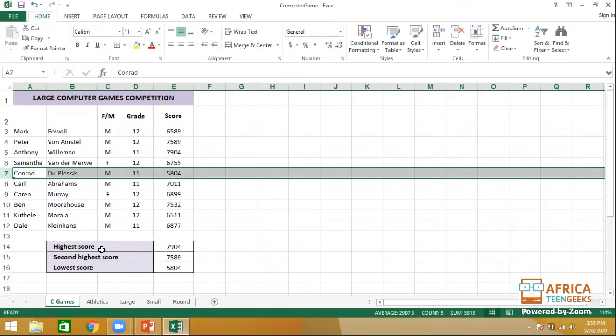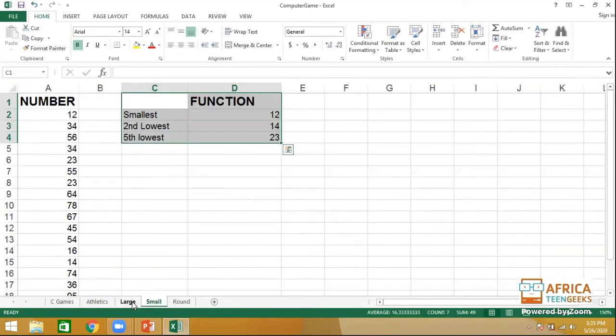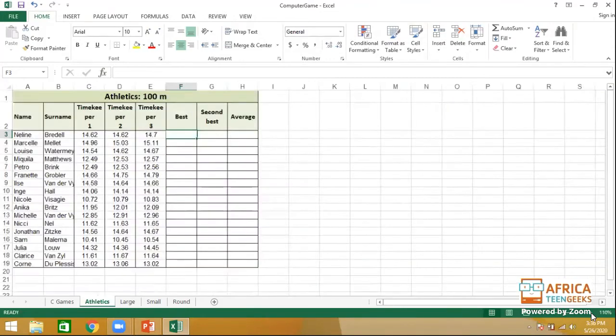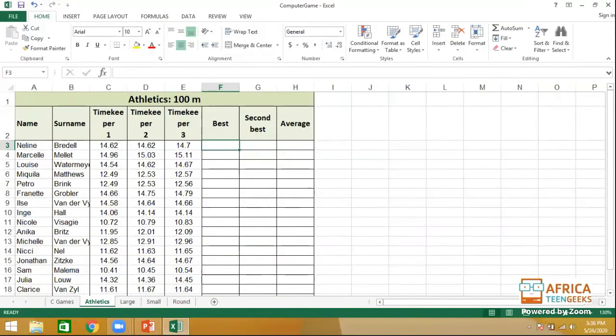Okay, so that was just a couple of examples of the small and the large function that we had a look at. What we are going to do now is we are going to look at a slightly tricky one, but it kind of ties in a little bit with the section of work that we did yesterday. We had a look at relative cell referencing and absolute cell referencing. So what I'm going to do now is I'm going to look at an athletics meeting that was held. And what we're going to try and find over here is we're going to try and find the